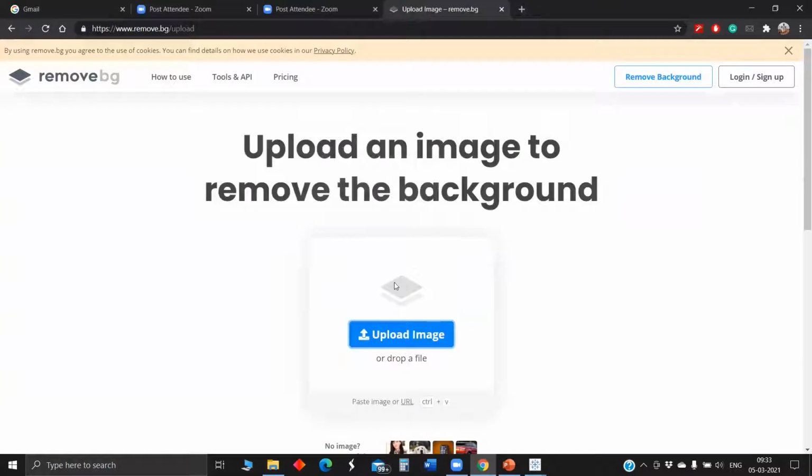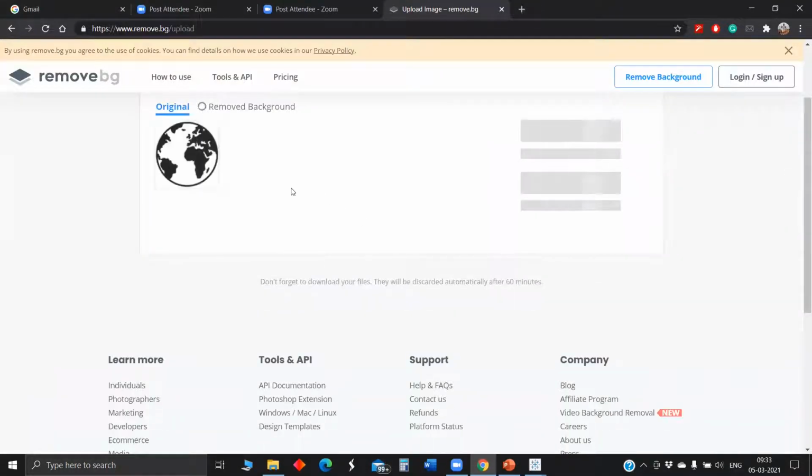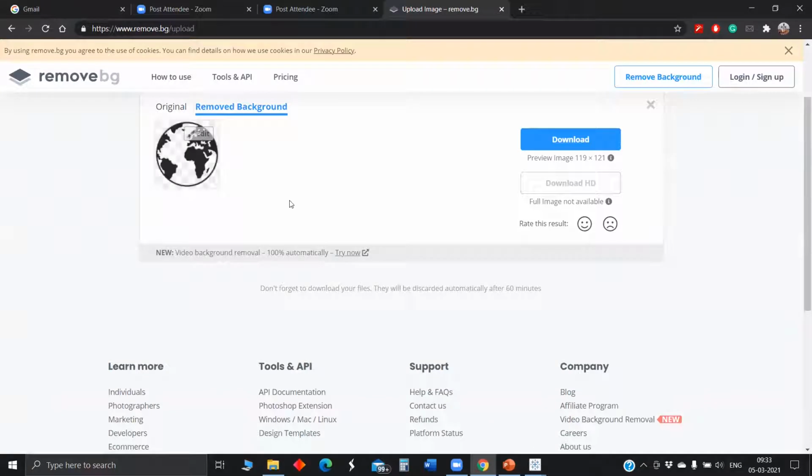When I upload it, the image gets uploaded, and by default this site removes the background, and at the end we get the one without the background. Let's see what's the difference.